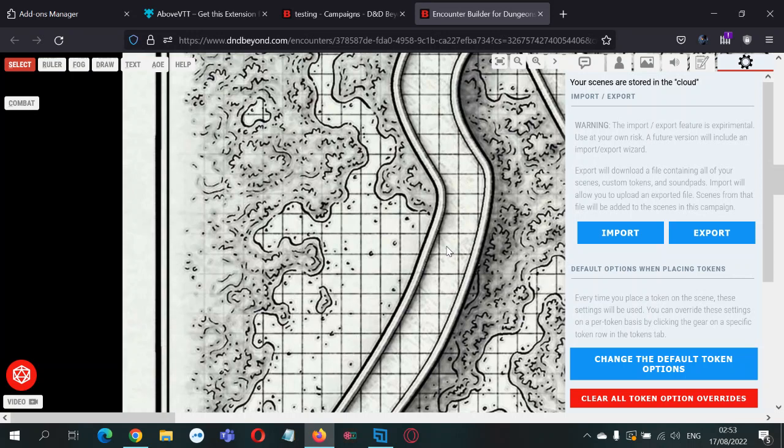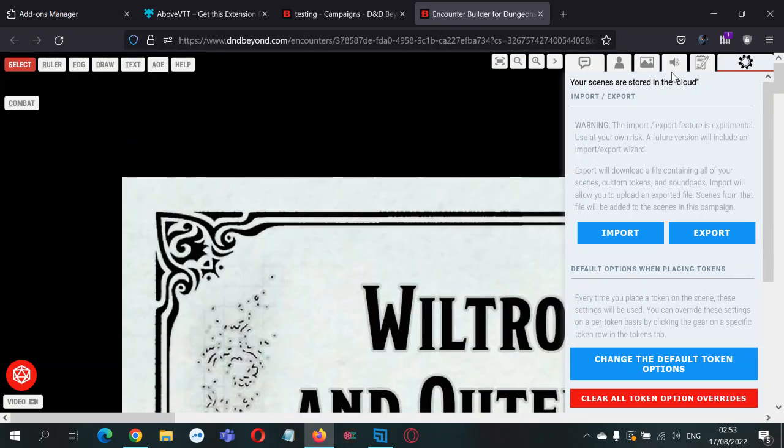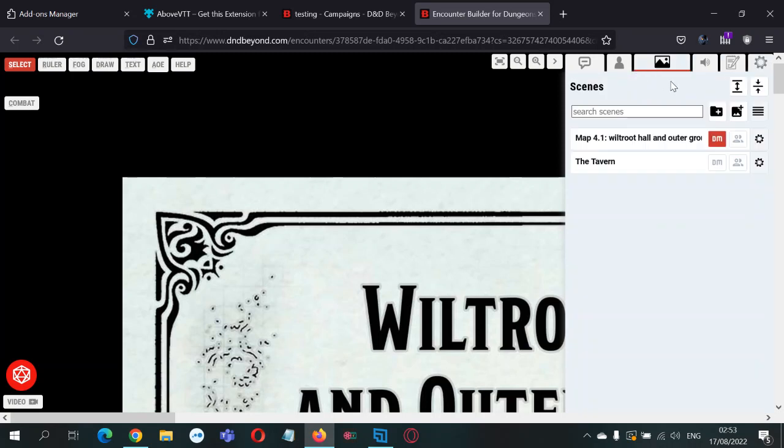It's still easier to make maps and stuff than having to build everything through Roll20 if you are based on D&D Beyond. So it seems pretty good. There's a lot of things you could probably